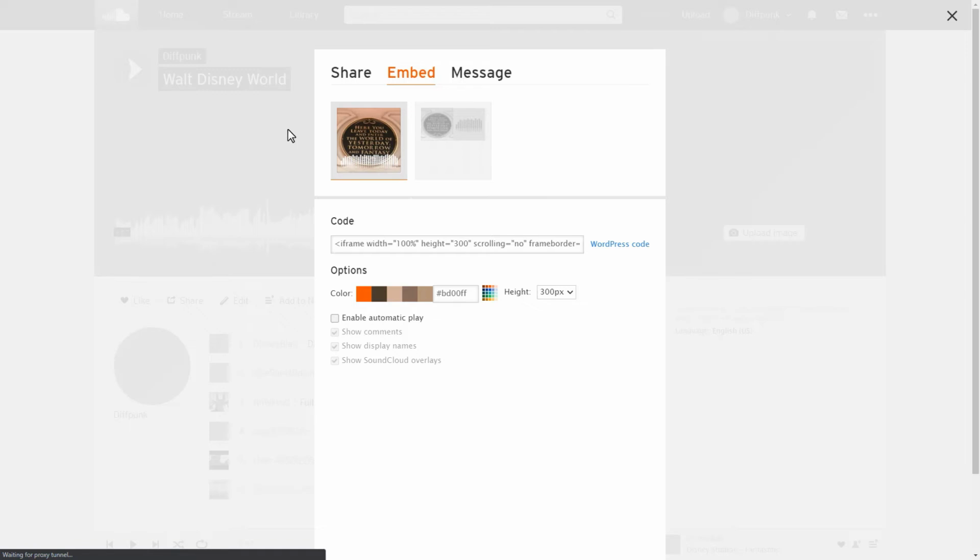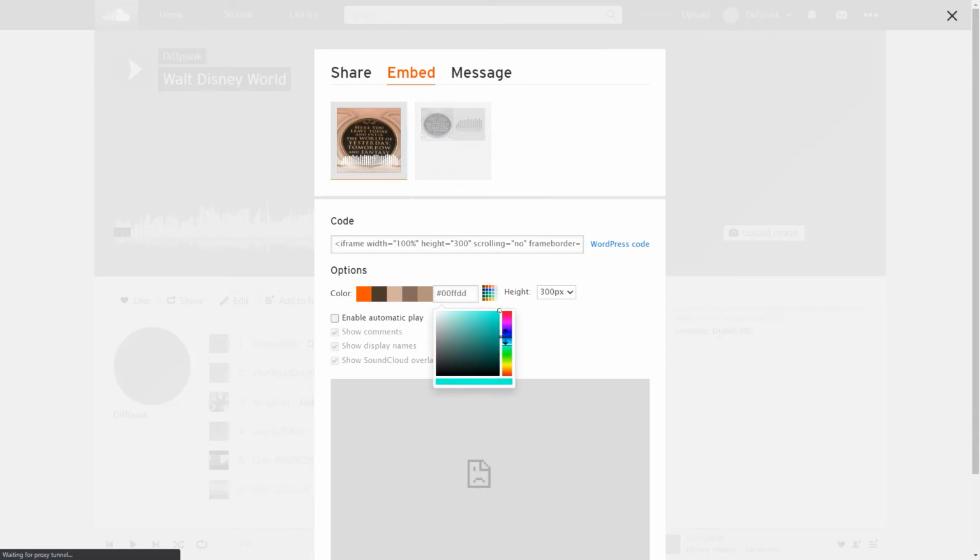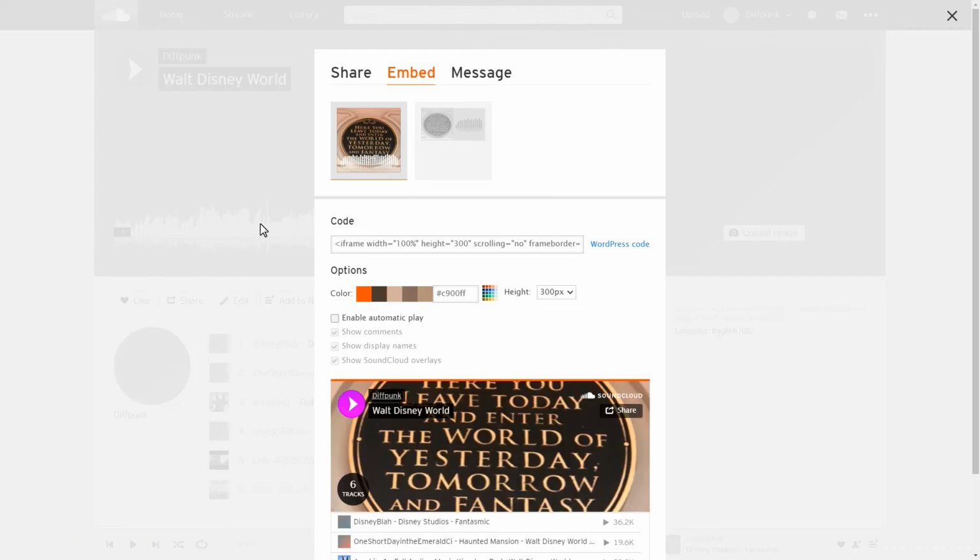Besides the embed code, this tab offers a few player display settings you can edit. You can choose from one of two layouts for your player, and you can adjust the colors on your player. Kinda cool if you wanted to match the theme on your website. You can also adjust the height of the player. While you have the option to autoplay tunes, think twice about that. Most folks prefer to have the option to listen or not.